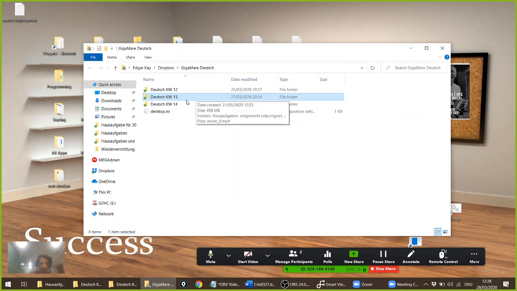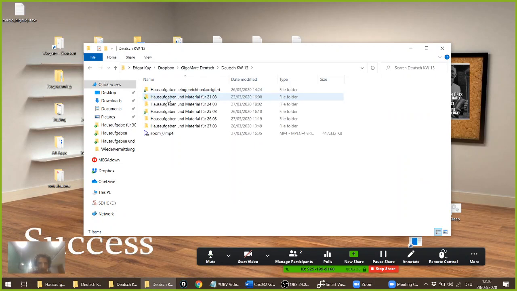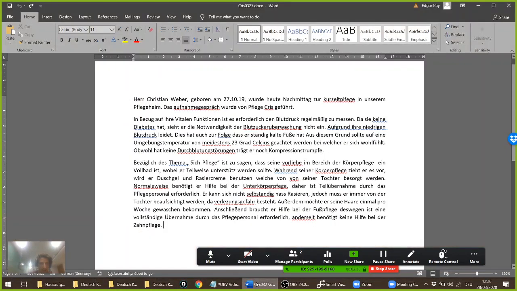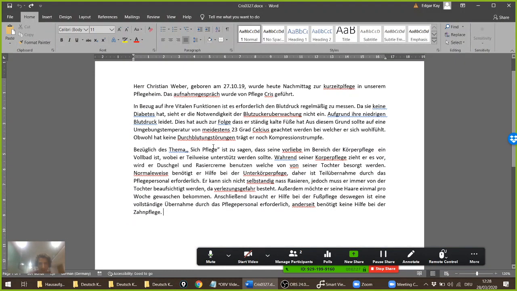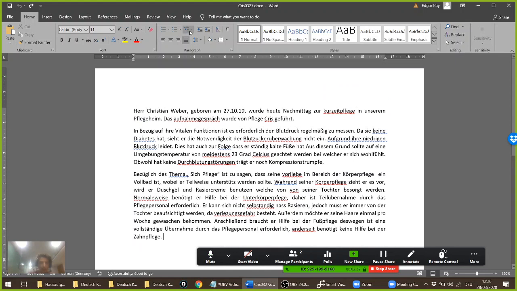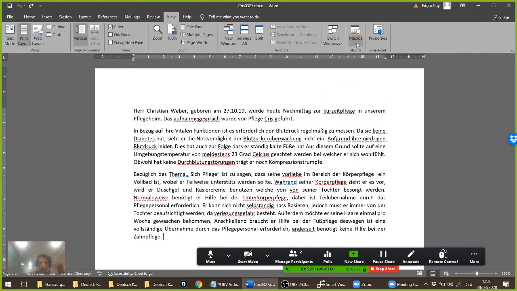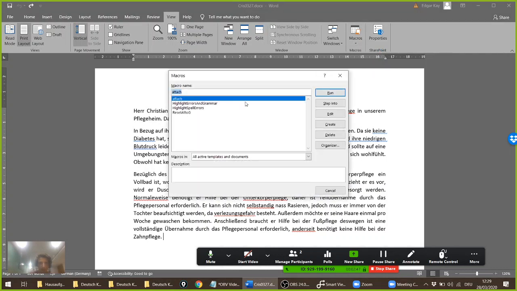But anyway, once I tell them to do their homework, specifically writing texts, I have a lot of correcting to do, so I created a macro, and this macro is actually resetting all the text to German, because sometimes they use their editor in English, and then the editor, once I open it, is automatically in English, and that is not very helpful. So I don't want to reset it every time, so I created the macro, which I combined with the correcting macro. And this one,